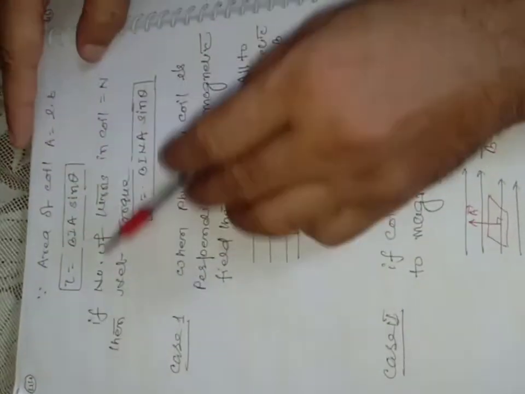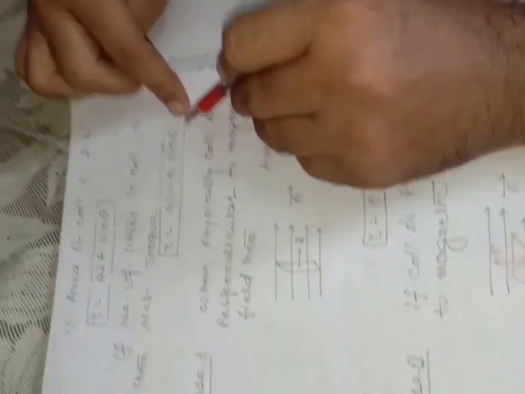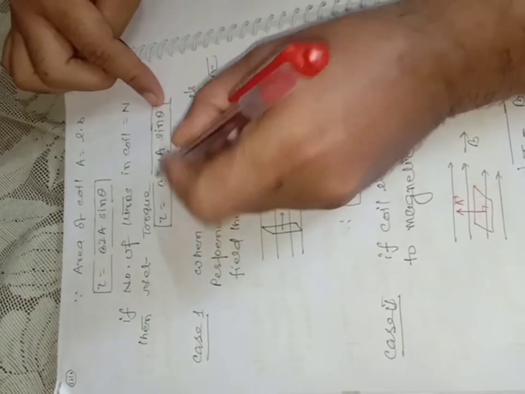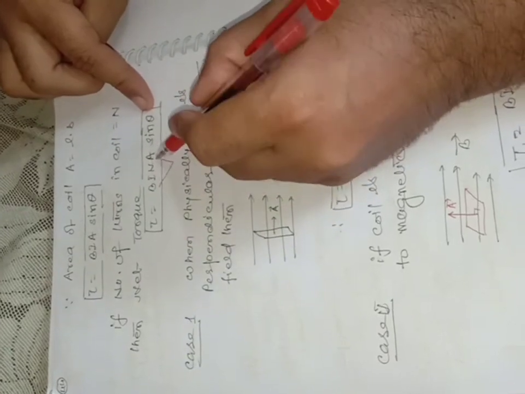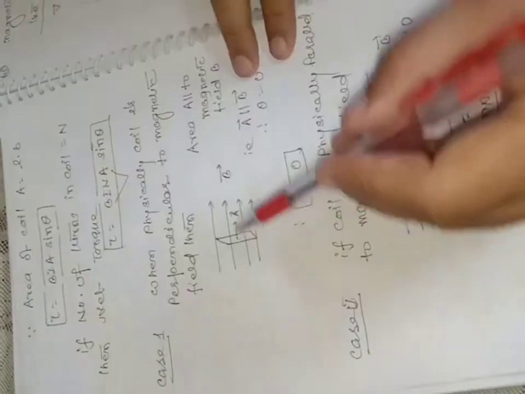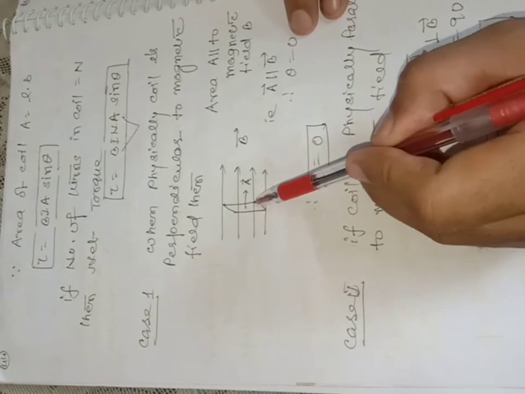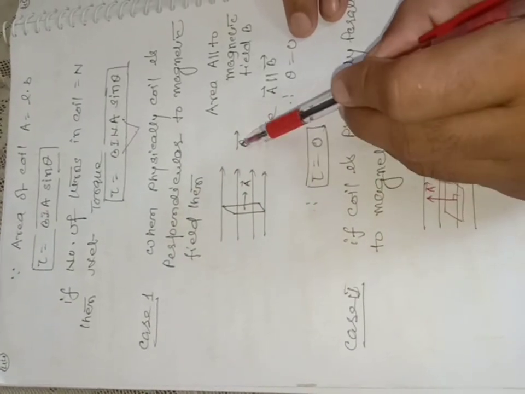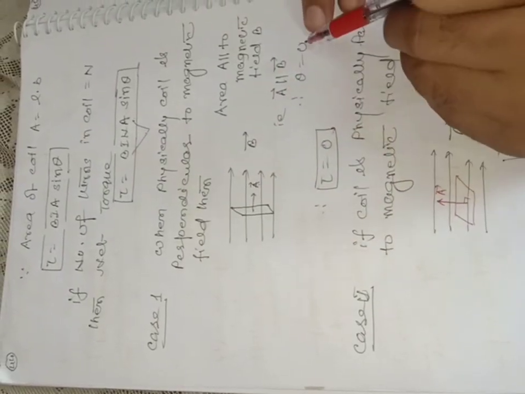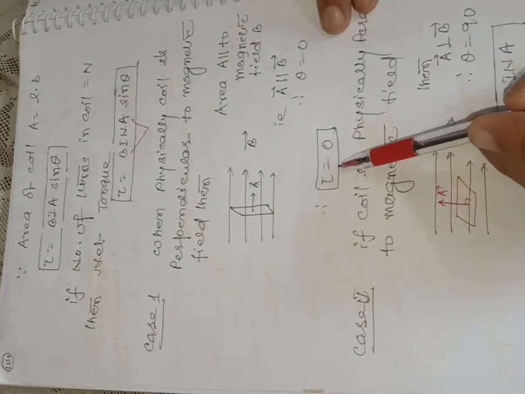And suppose the number of turns in the coil is capital N, so the net torque acting on it is BINA sin theta. What is theta now? Theta is the angle between B, meaning magnetic field, and the area of the coil. Correct? So suppose the coil is kept physically perpendicular to the magnetic field, and the direction of area, as you know, is perpendicular to the plane. So here A and B are parallel. Remember it, when physically perpendicular, the angle between area and magnetic field will be 0. So put here in sin theta, instead of theta write 0, so no torque will act on it.